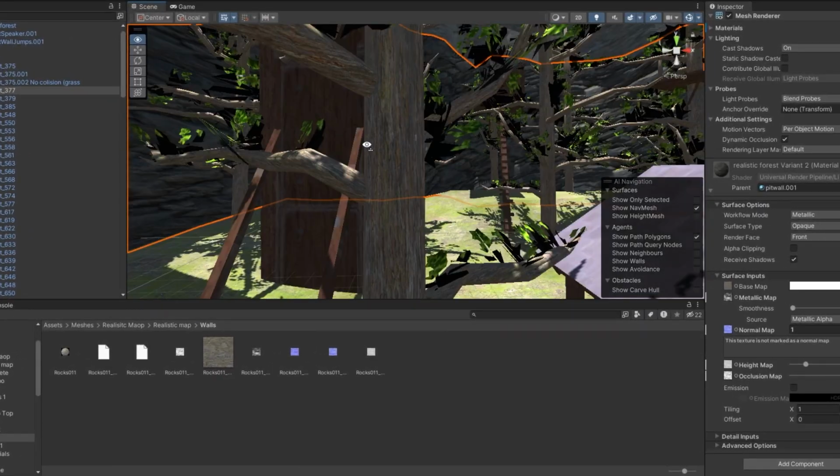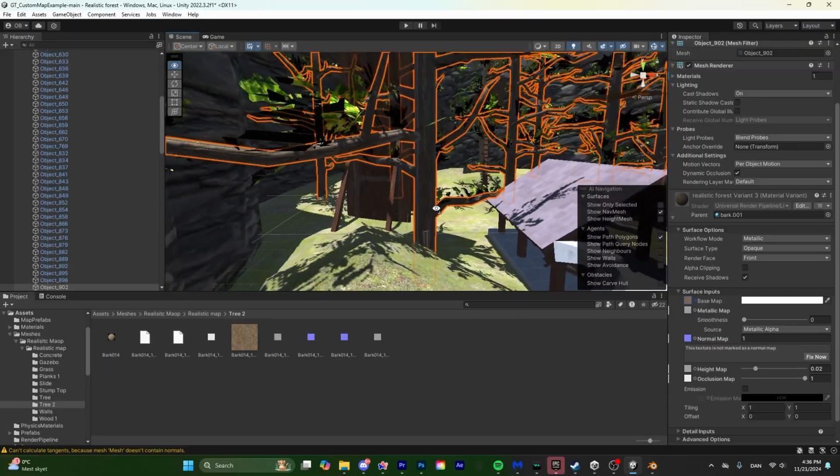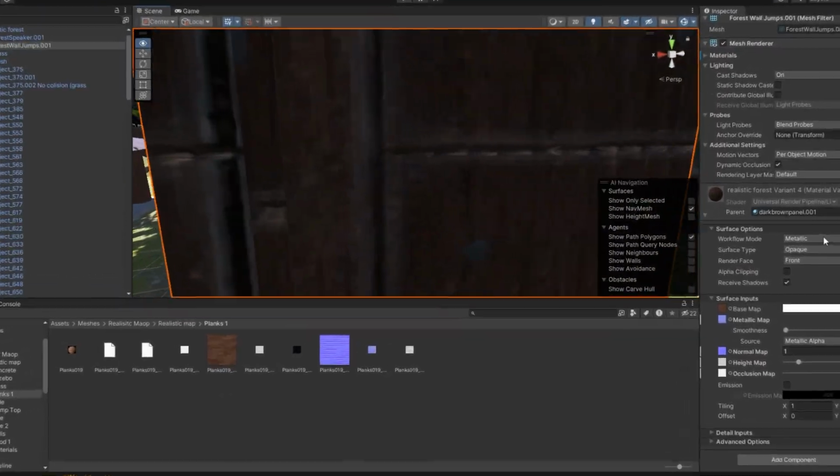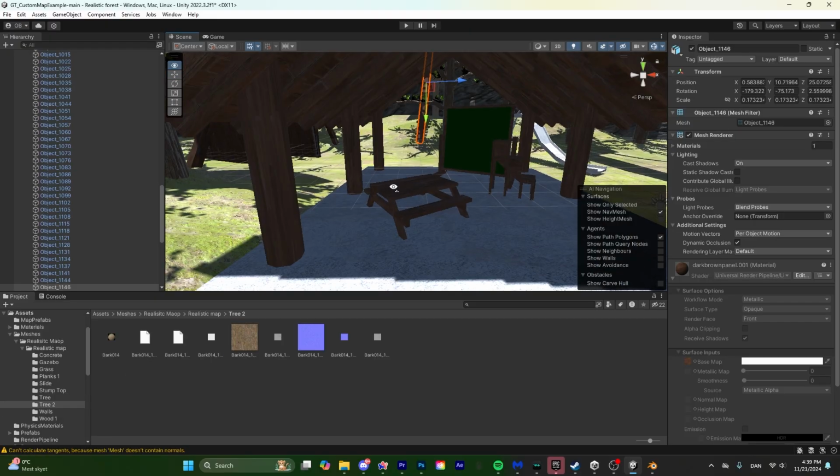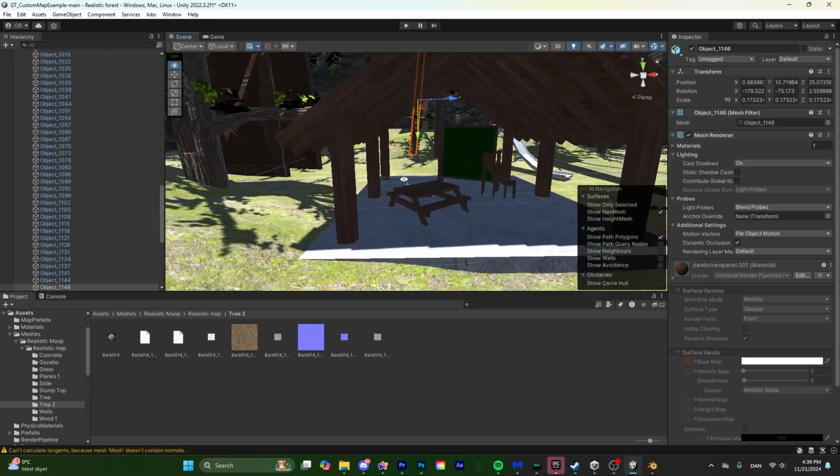I'm not done with this one. So now I can do it with the trees as well. There we go. And now I can do it with the double walls as well. And this actually works. Just look, this looks so realistic now. What? That's sick. And now I could do the exact same thing with the gazebo, which is using like the